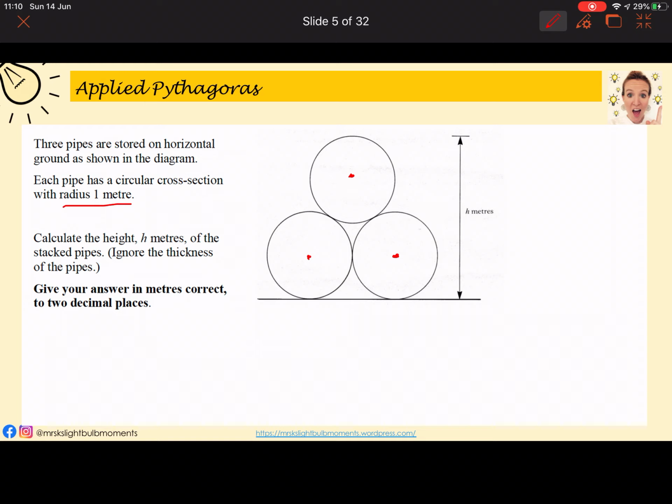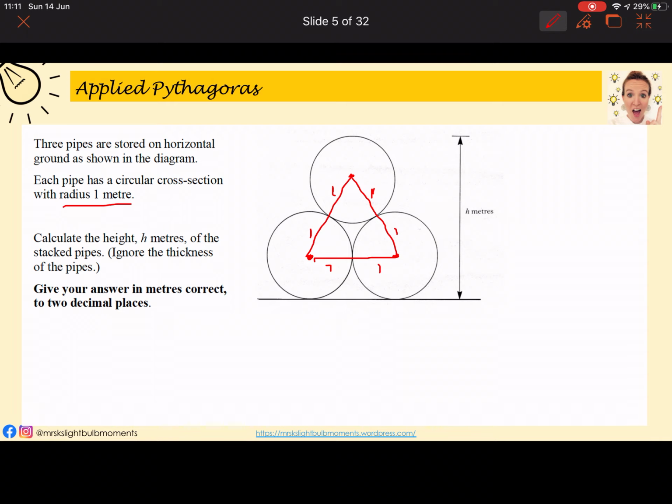Now what do you see has just appeared? Can we join those together? And we've got a triangle. Do we know anything about that triangle? What are the lengths of its sides? Yeah, we've got radius. So we've got this out to this, from the centre of this bottom one to its circumference is 1. The top one again is 1, so each side of our triangle is actually 2 metres long. Right, now it's an equilateral triangle, so we can't use Pythagoras on it yet,